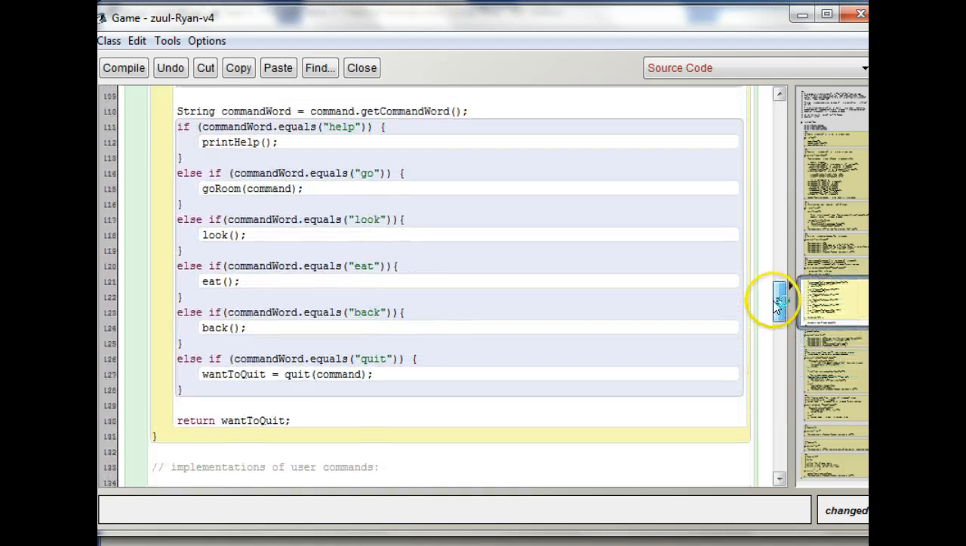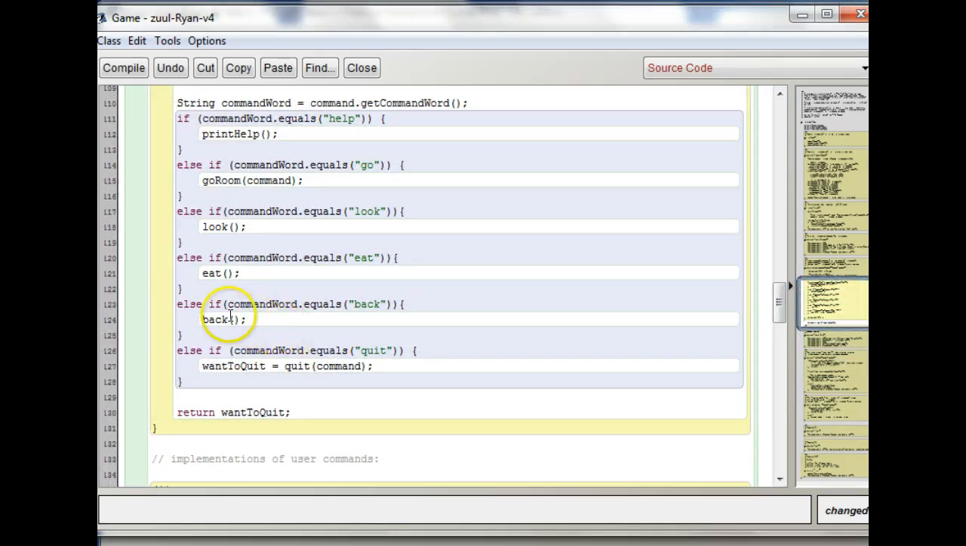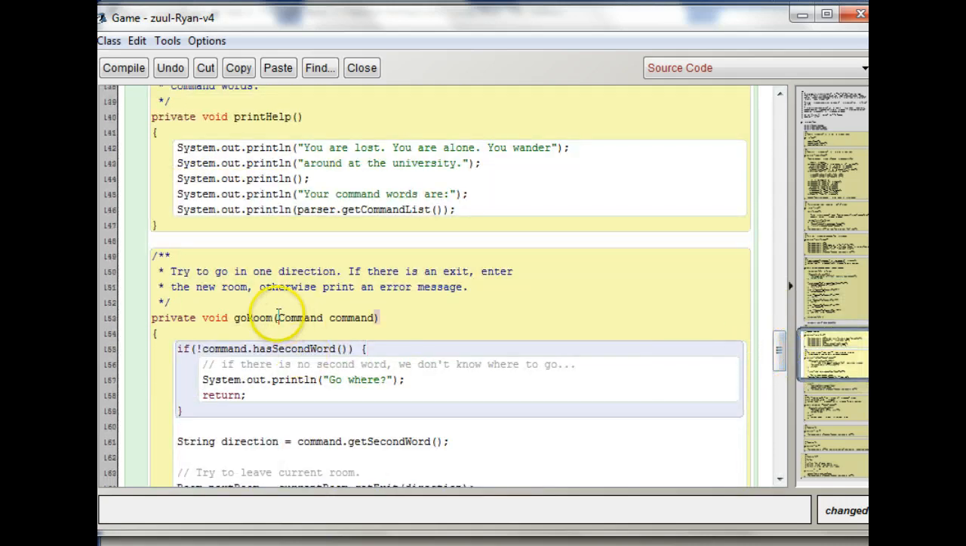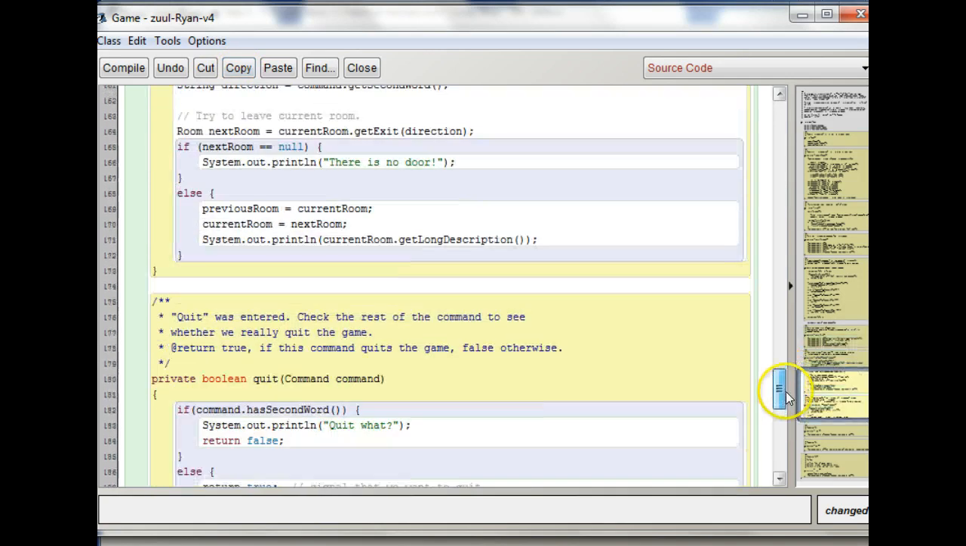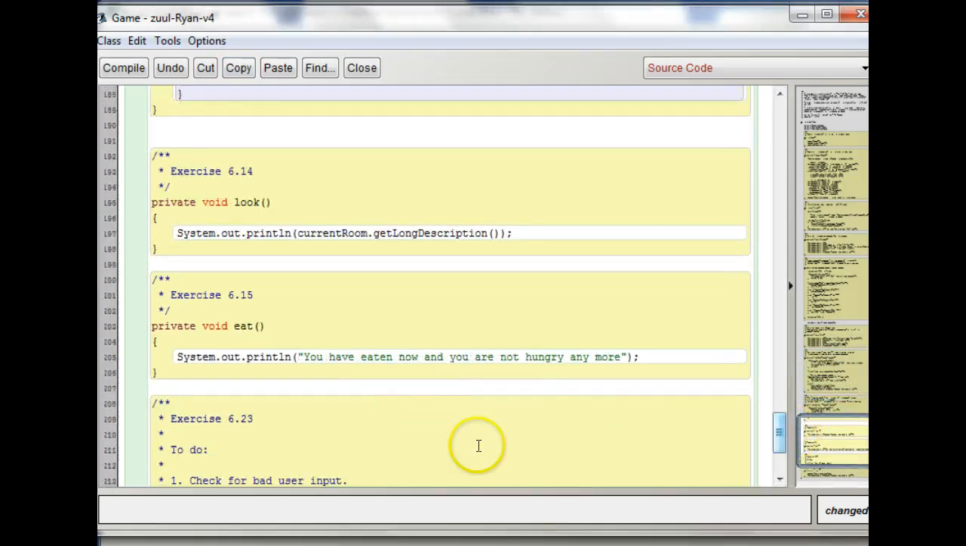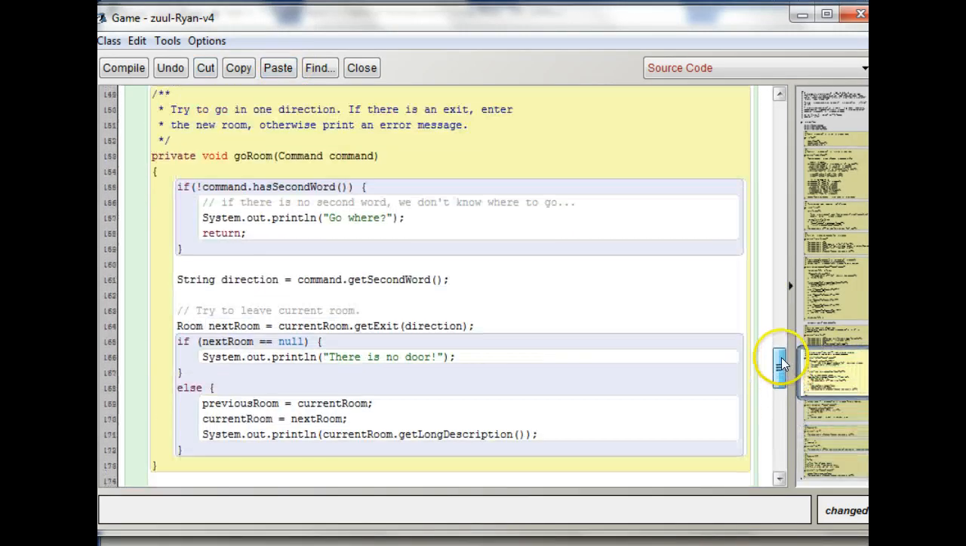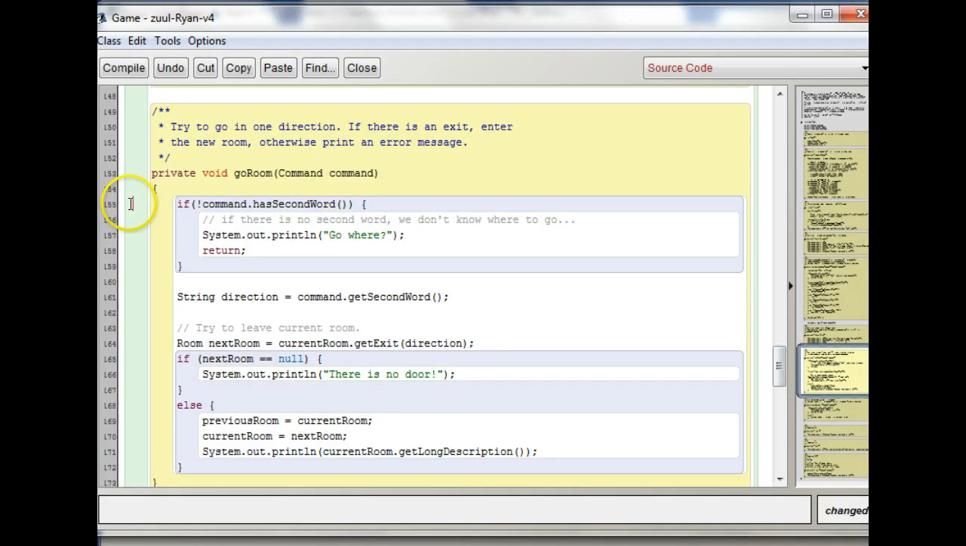So let's do that. In our back, let's pass the command. Just like we did in the Go Room command, we'll do back command. So in Go Room, we had this parameter, and we'll do that in back. And how did we check? Okay, this is how we check to see if it has